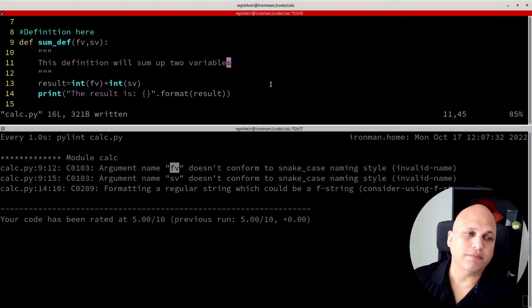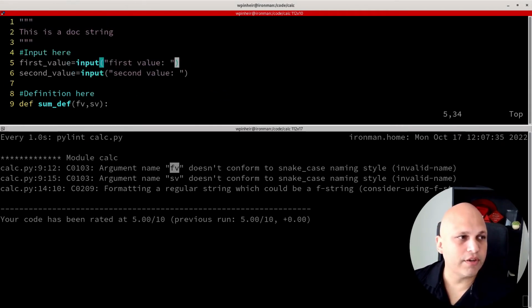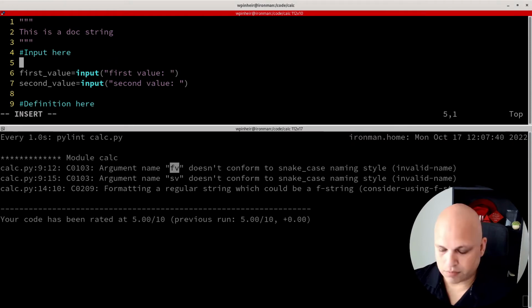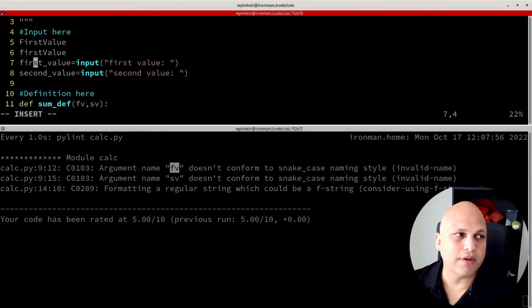In Python, we don't use, let's suppose I have my variable over here, first value, I should be able to do something like this, firstValue or FirstValue. This is also known as camel case, but this is not a standard for Python, okay? The standard for Python is lowercase, and what will split all of them will be the underline. Okay,